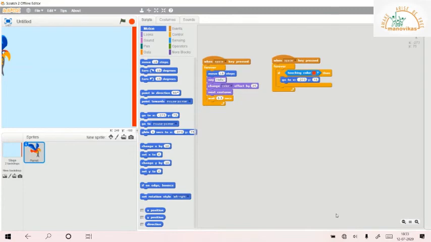So what I have done here is, as soon as you press the space key, it will check if your sprite is touching the red edge. Here is the condition, and if it touches, then it will go to this particular position.